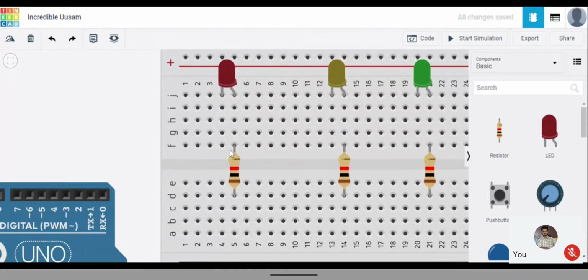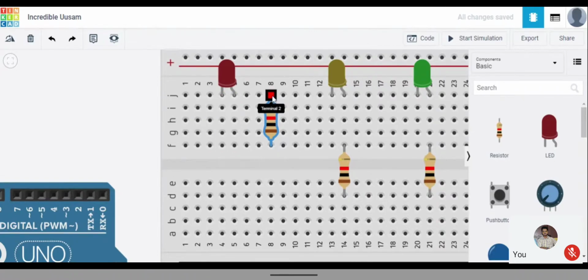So the connections from here to here will be different. From here to here there must be some gap. They should not be interconnected. If I connect a resistor in this way and take from terminal 1 and terminal 2, there will be no use of any resistor, right? Will it work?